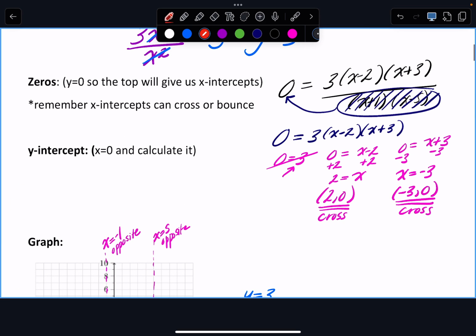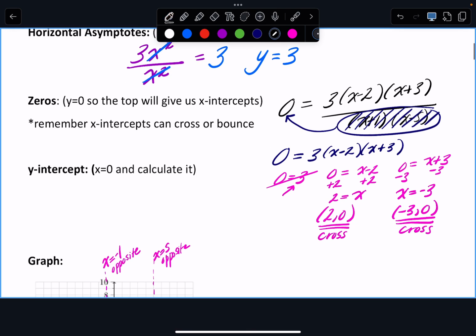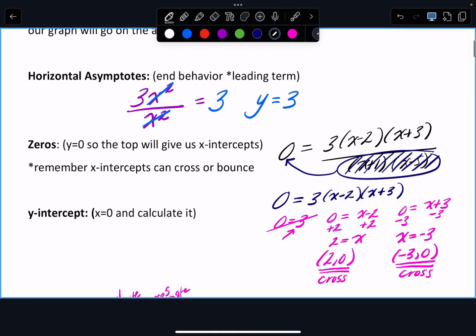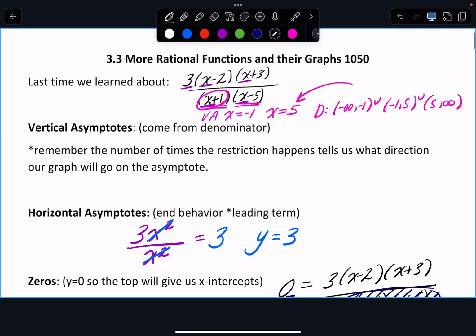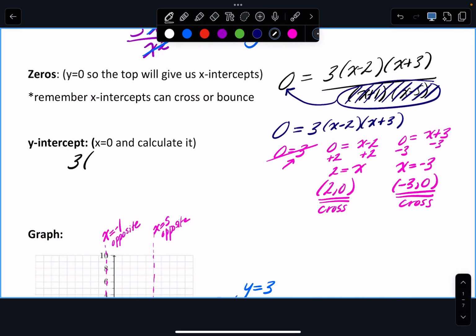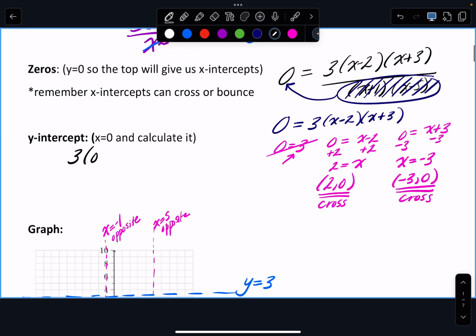Okay. All right, now y-intercepts are just another point to kind of help you. Y-intercepts are when x is 0. So this time we have to go plug in 0. So that would look like this. 3 times 0 minus 2 times 0 plus 3 divided by 0 plus 1 times 0 minus 5, which then you just have